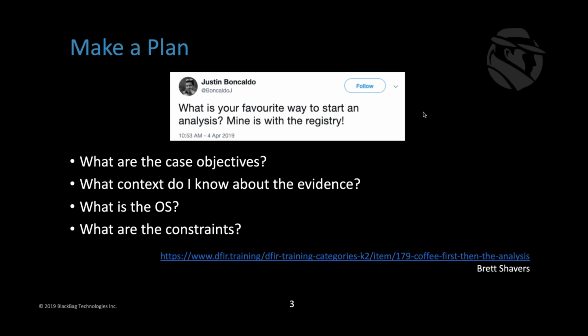Also, take down some notes about the context of the evidence. This could be everything from information you know about the person who owns the device to information about the device itself, like the operating system. As you can see from this Twitter post from one of the folks who started this discussion, they start with the registry, which is a great place to start on Windows investigations, but not as awesome for a Mac investigation. So we want to make sure that we understand the type of device we're working with and things that might be in play, like encryption or other pieces that we might need to get past.